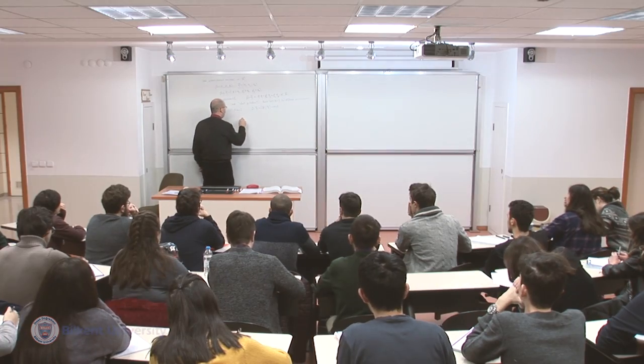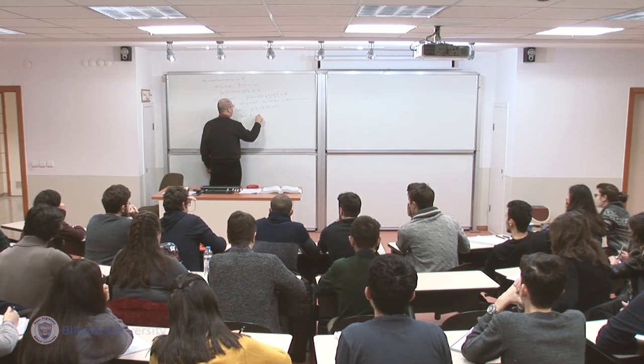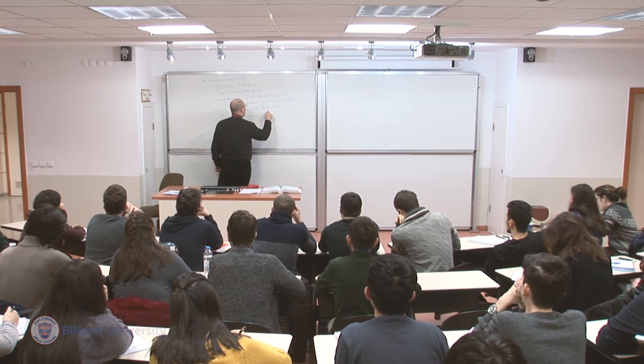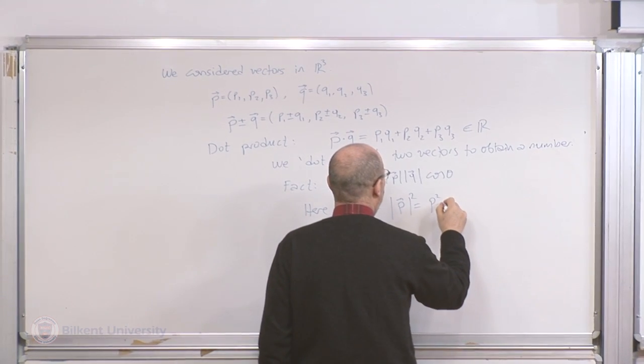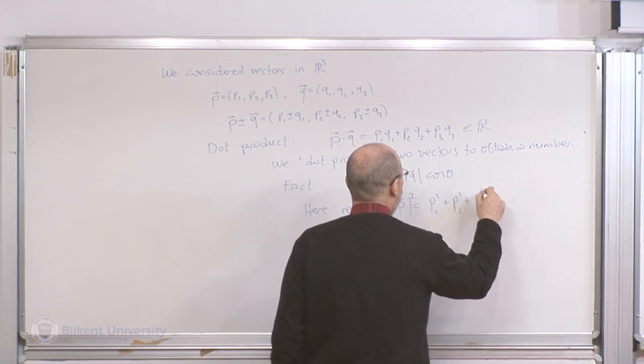Here, recall that the length of P is the square root of P1 square plus P2 square plus P3 square, and